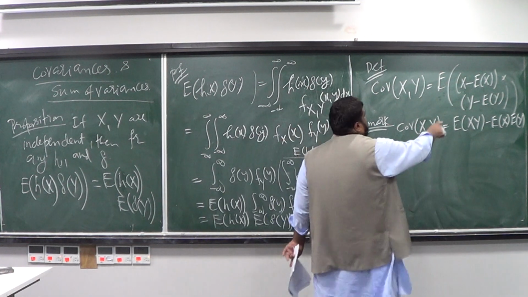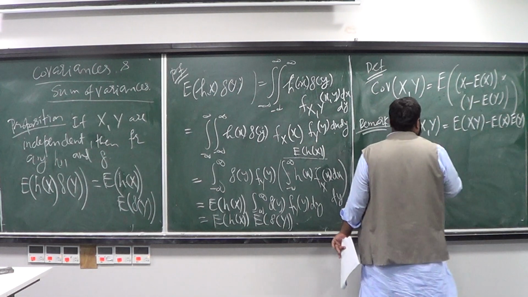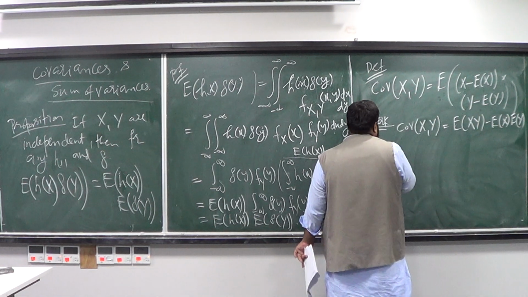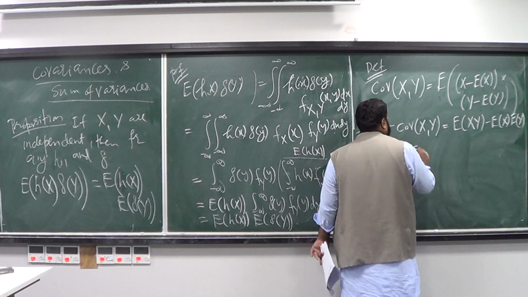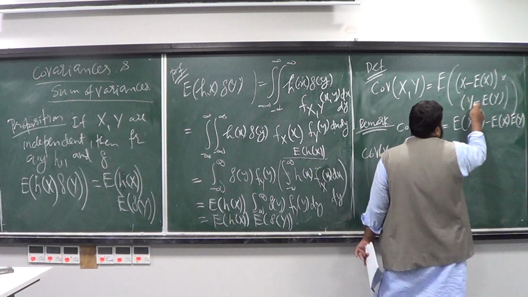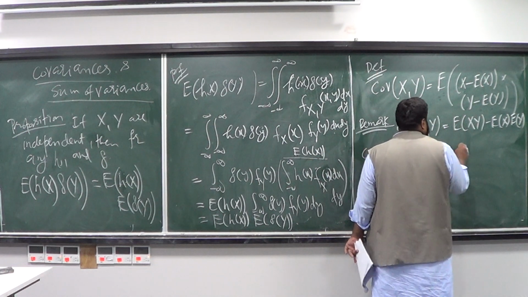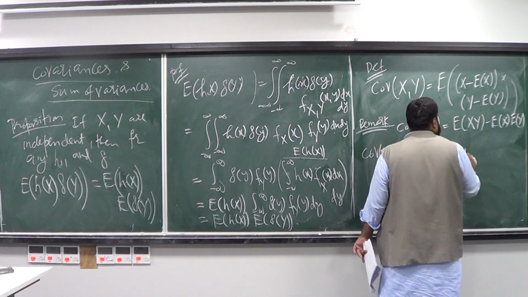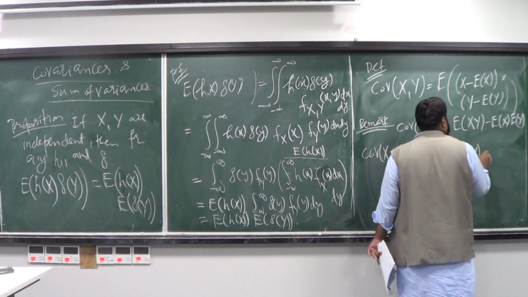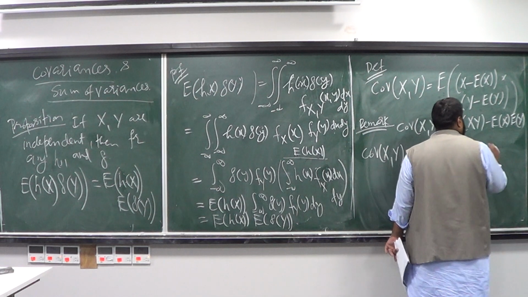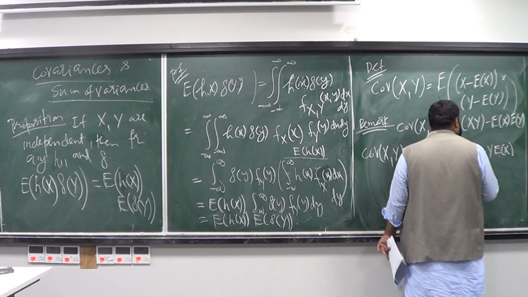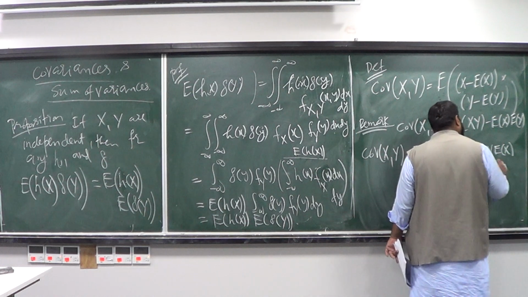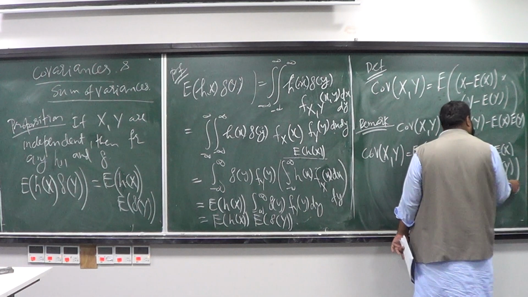If you write this product explicitly, if you take the definition of covariance of xy, and you take expectation of (x minus expectation of x)(y minus expectation of y), that is, xy minus x expectation of y minus y expectation of x plus expectation of x times expectation of y, then